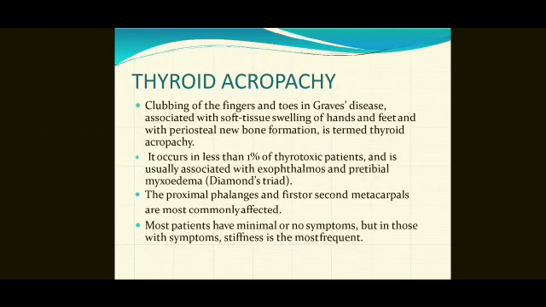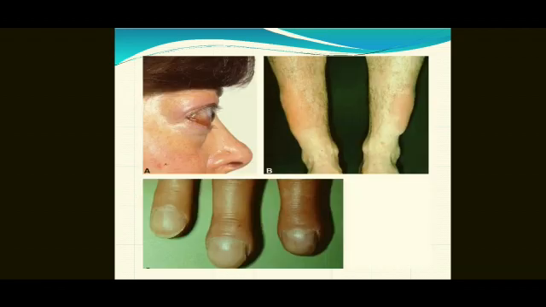Thyroid clubbing of fingers and toes in Graves' disease is associated with soft tissue swelling of the hands and feet with periosteal new bone formation. It occurs in less than 1% of thyrotoxic patients. It is usually associated with exophthalmos and pretibial myxedema. It's called Diamond's triad. Proximal phalanges, first and second metacarpals are commonly affected. Most patients have minimal or no symptoms, but in those with symptoms, stiffness is more frequent. This is the picture showing pretibial myxedema and